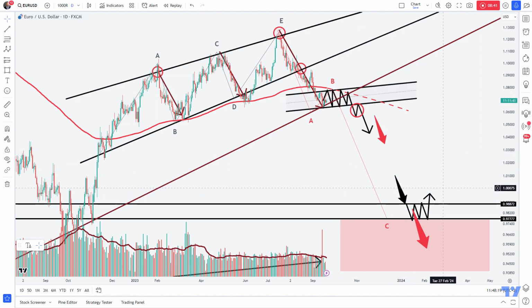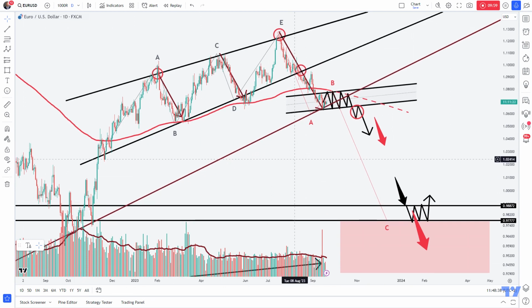The parity target zone will be the 1 Euro USD rate, and once this target zone has been reached, the next target zone will be the under parity target zone. This will be the 0.98872 level,